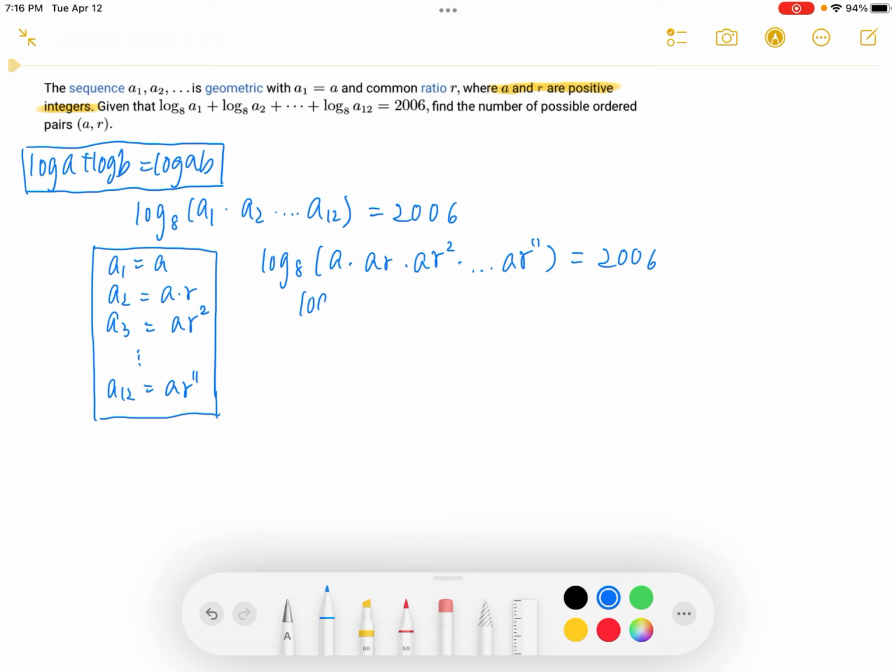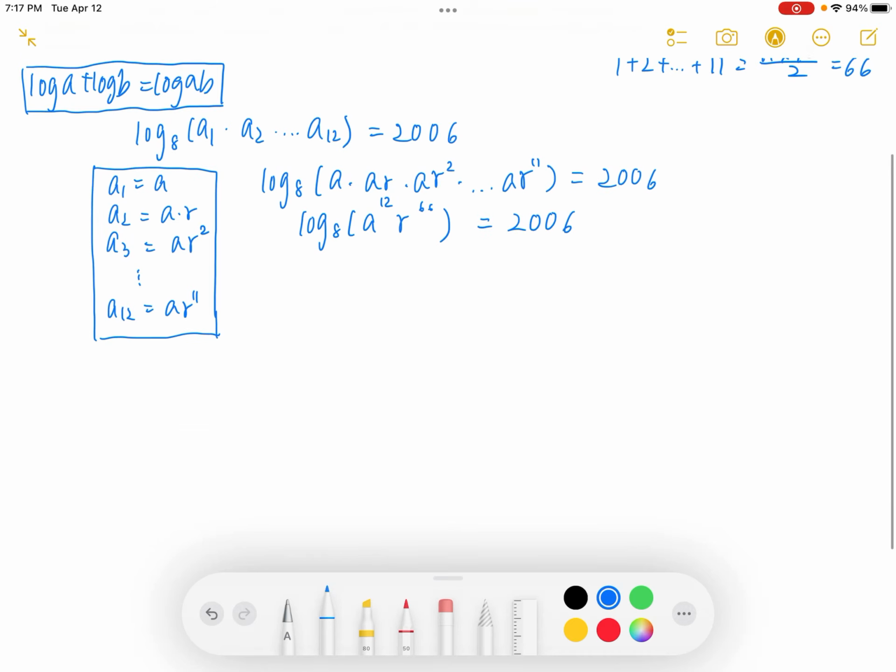Because we have 12 terms, there will be 12 factors of a multiplied together. And then the total power of r is 1 plus 2 plus all the way to 11, which is just 11 times 12 divided by 2, equal to 66. So it will be a to the power of 12 times r to the power of 66, which is equal to 2006. We also notice that there is an a in the base, which is not really useful,